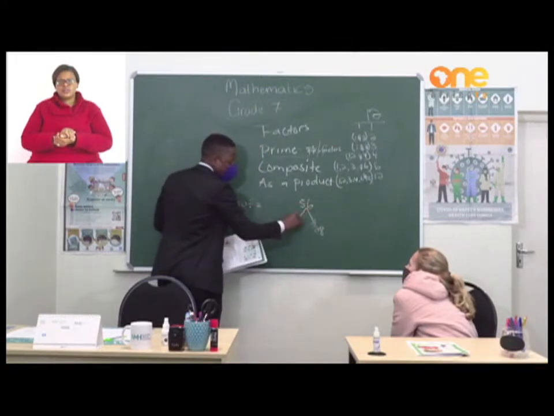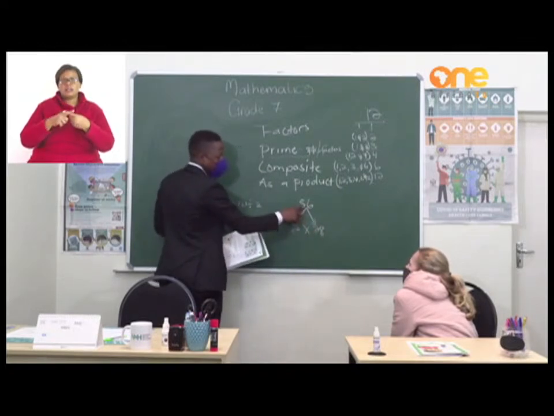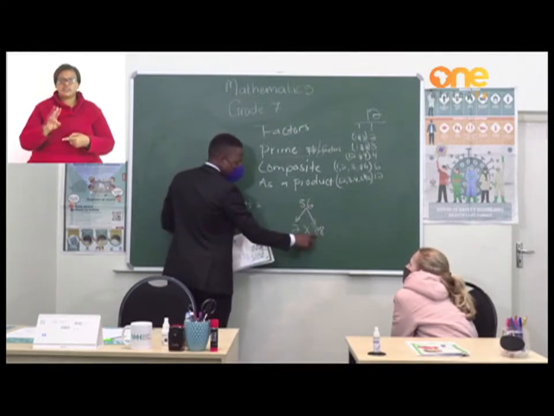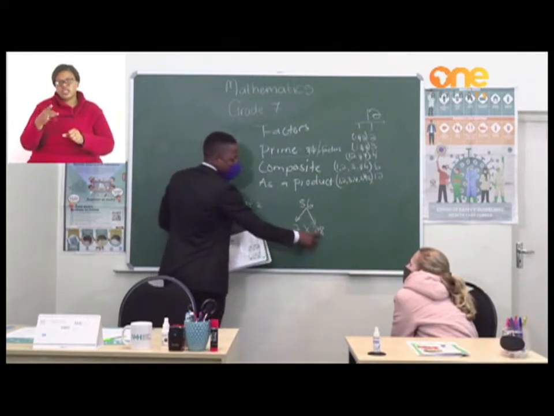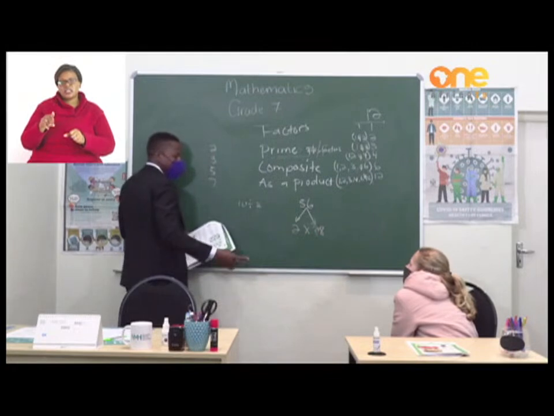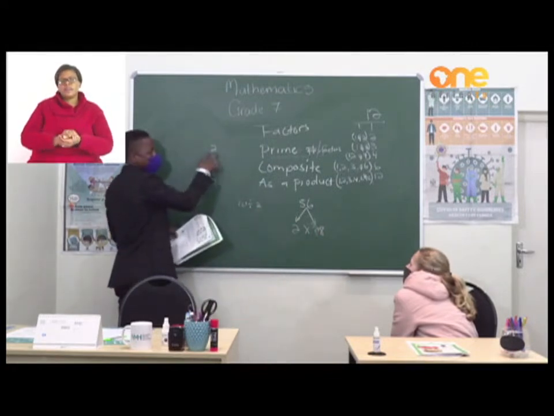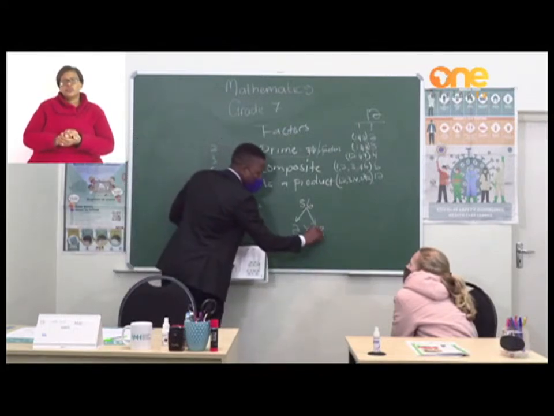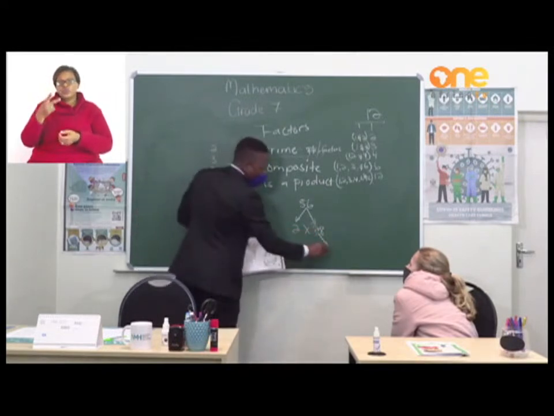It means if I multiply 2 times 28, it must give me 56. Going down with 28, 28 is an even number, and even numbers are divisible by 2. So I'm still halving. If I halve 28,